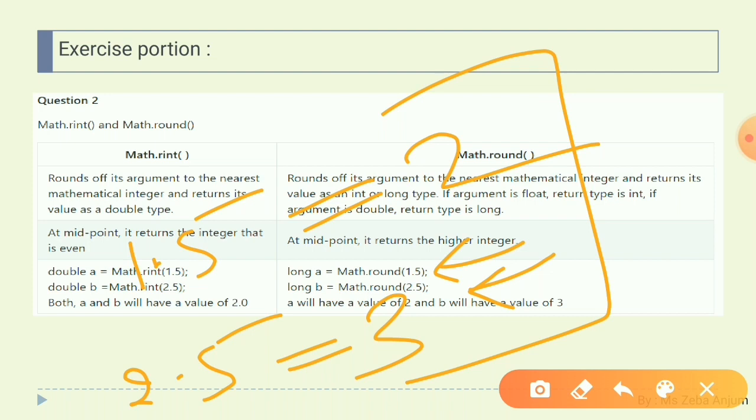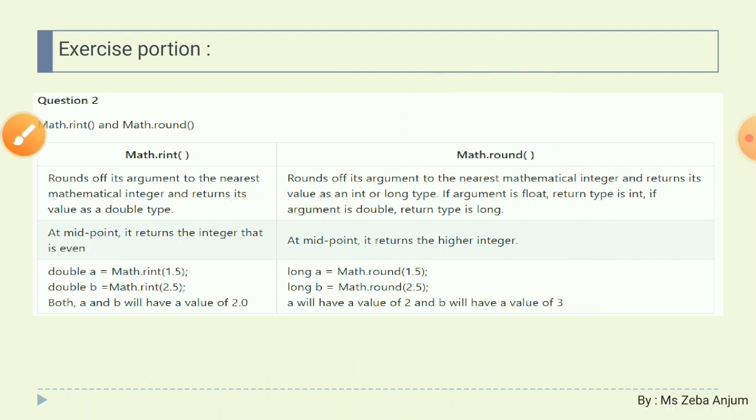Please make a note that if differences come in the exam, then you can write down the differences in your own language. There is no need to write any bookish language. There is no limitation for such a thing, but you have to write the answer in your own words. The answer should be correct and give some meaning, and it would be very good if you give one example for each thing. So there is no need to learn this bookish language. You just understand the concept and write down the answer on your own.